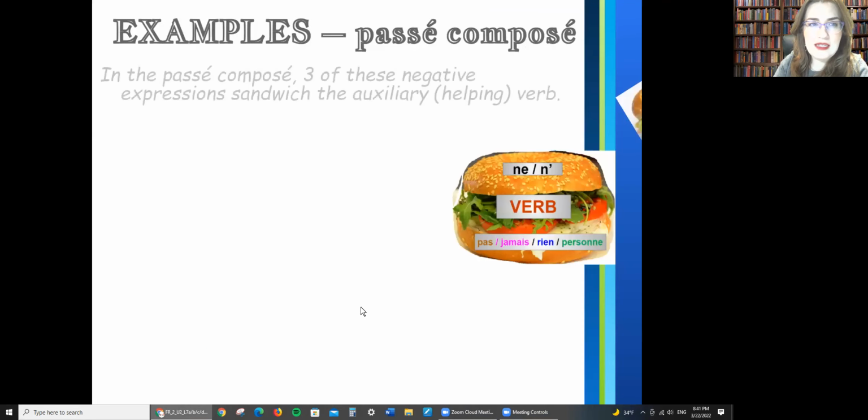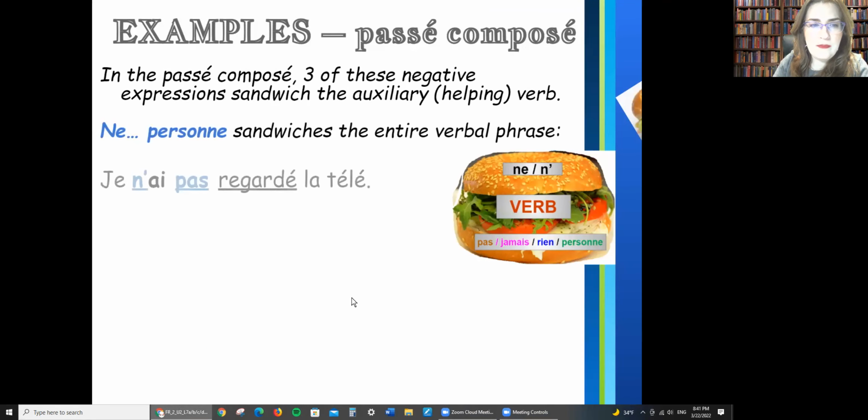And then here is the sandwich that I spoke to you about. So ne or an apostrophe plus verbe plus pas, jamais, rien, or personne. This is in the present tense, right? Now, in the passé composé, three of these negative expressions, only three, sandwich the auxiliary verb,